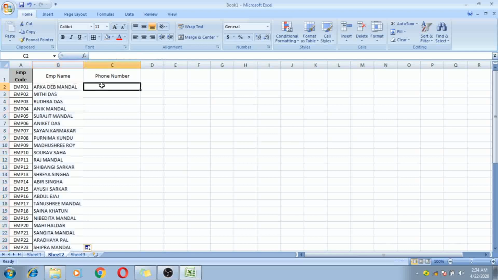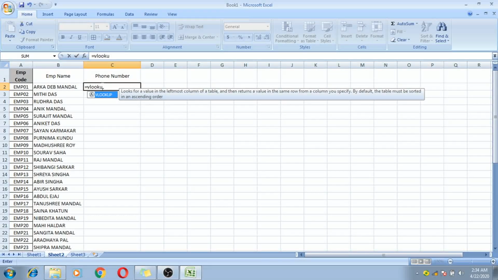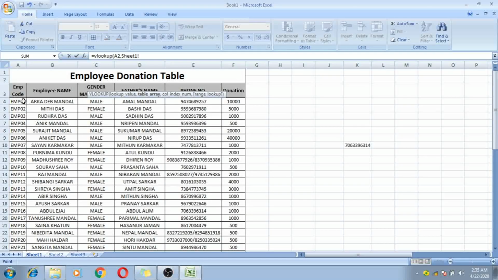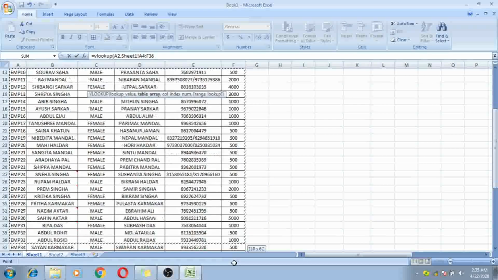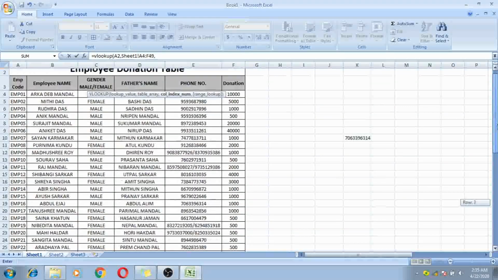Next I want to search the phone number. Same process: equal VLOOKUP, bracket start, then give the lookup value, just give the address, then comma, then give the table array. So go to Sheet 1, then again select the whole table, then again comma, then we need the column index number.